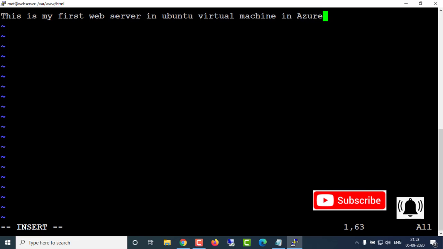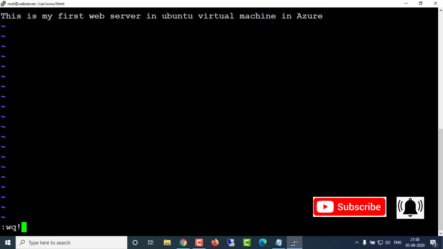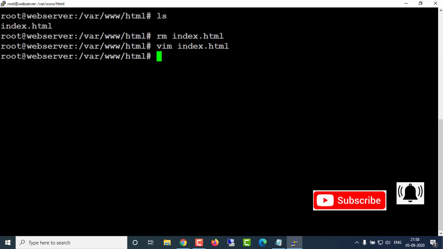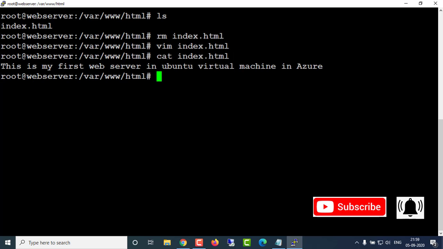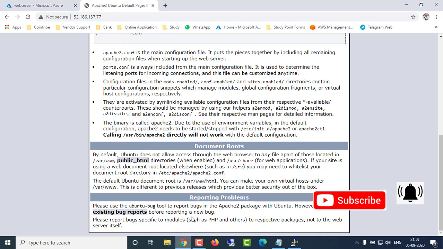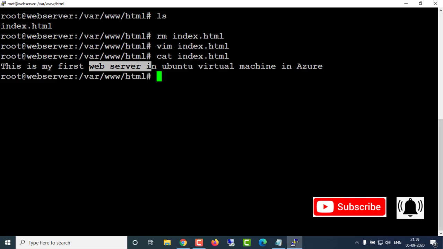After that, I'm going to save this file. Hit enter. If you want to see the data we wrote in index.html, you can see that. If I refresh this page here, we can see all the information we have inside this file.